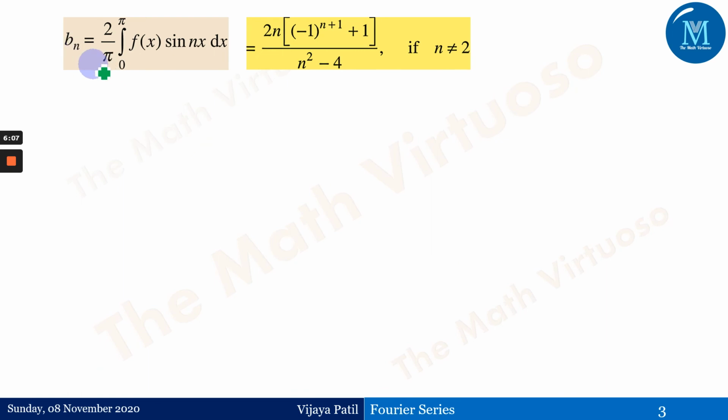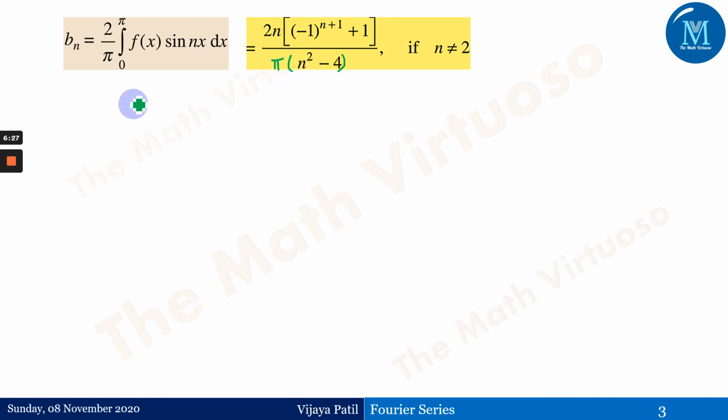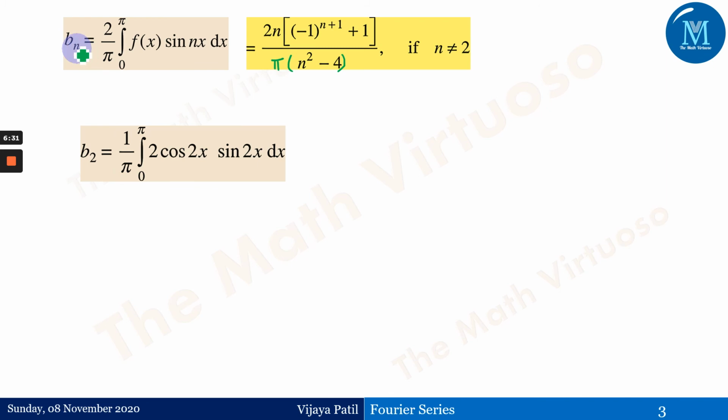Okay, so we have got this bn formula for this particular bn. Yeah, I think I forgot, please do consider pi over here. Let me just check whether we have cancelled it out somewhere. No, I think it's not cancelled. So I forgot to mention that pi. Fine. So if I wanted to go for b2, where will be the change in this particular bn? Everywhere, whenever there is an n, I have to put n equals to 2.